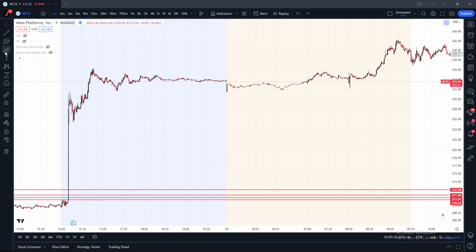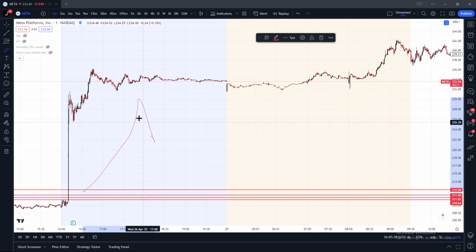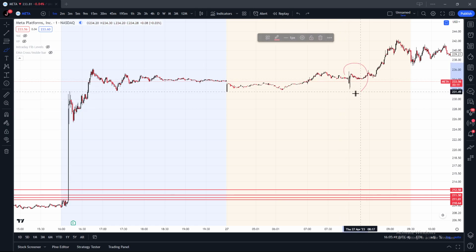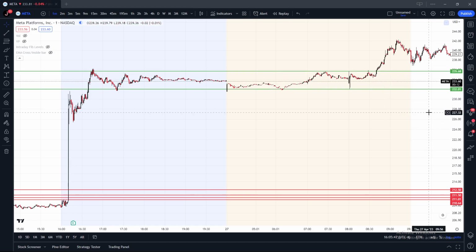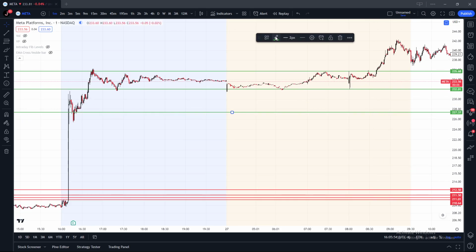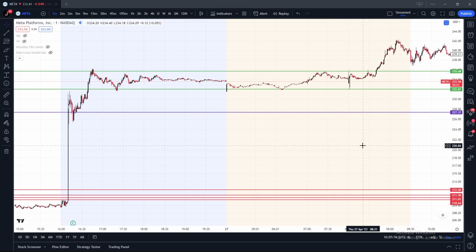Whenever you have a major earnings report gap up like this, you go to what we talk about every morning at 8 a.m. and you do three things. You mark the bottom of that, you mark the top of that, and you also mark the bottom of this continuation. What this is saying is that Meta from now on, going into this quarter and the next, unless you're looking for a character change, is long above 227. And from there, we're going to look for these supports to continue coming into the market short term.